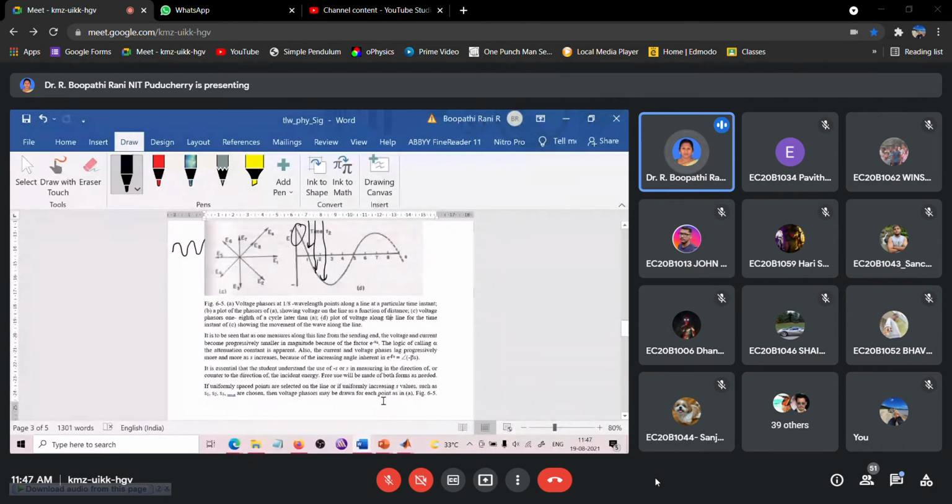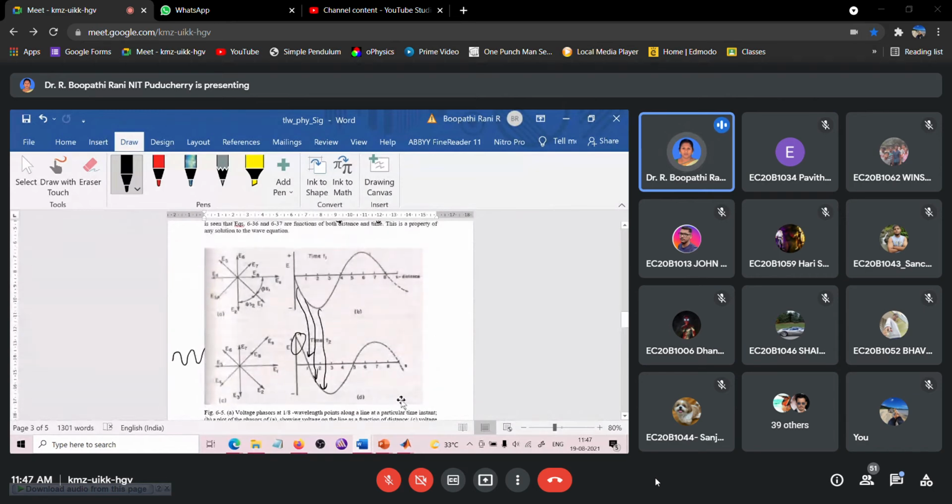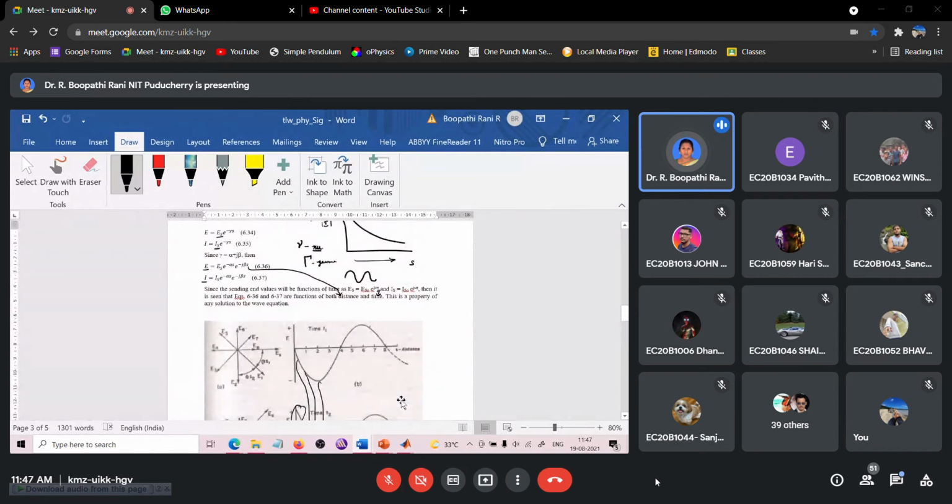See, the Ryder book scanned copy, I will mail you. You go through that, and while we discuss in the class as well as after, while you are going through it, you take notes. At some time, I will be asking you to send the scanned copy of your notes.